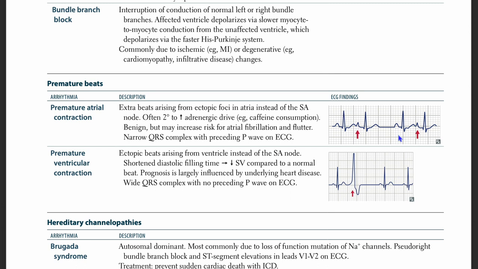Premature ventricular contraction, ectopic beats arising from ventricle instead of the SA node. So you have a shortened diastolic filling time and decrease in stroke volume compared to a normal beat. Prognosis is largely influenced by underlying heart disease. You'll have a wide QRS complex and no preceding P wave on ECG. When you don't have a P wave, you know that the QRS that's happening is because of something other than the SA node signal, right? So you have, there's a P wave right there,